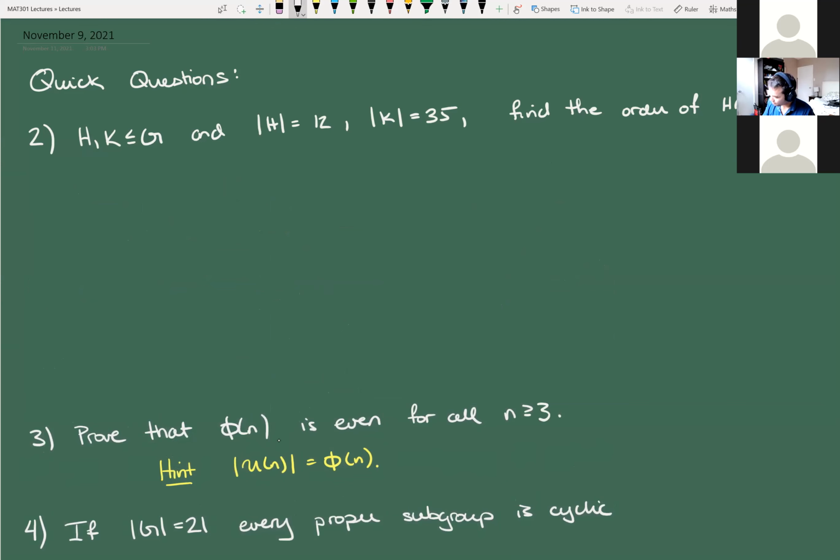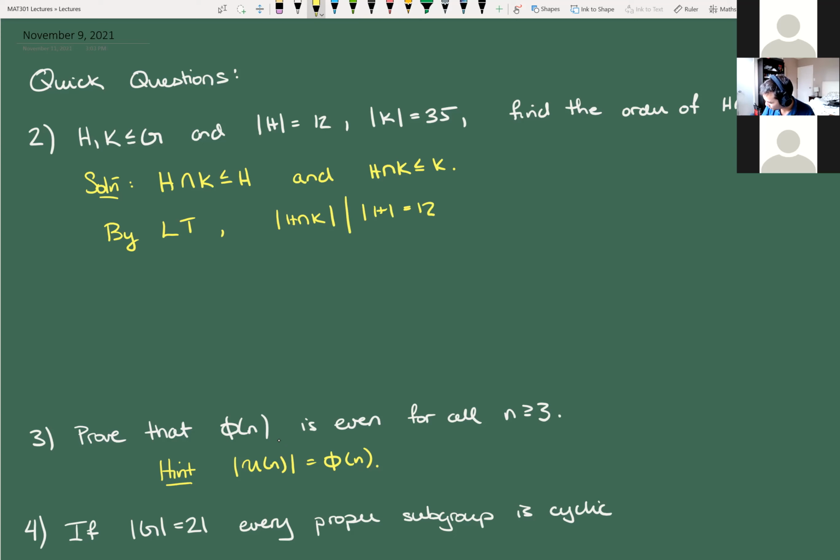Oh, it goes there. All right, so the solution to this one comes from recognizing H intersect K is a subgroup, right? So H intersect K must be a subgroup of H, and it's also a subgroup of K, right? So by Lagrange's theorem, I'm just going to call that LT because I don't want to write it out. We're going to use it a lot, right? So by Lagrange's theorem, we must know that the order of H intersect K must divide the order of H,